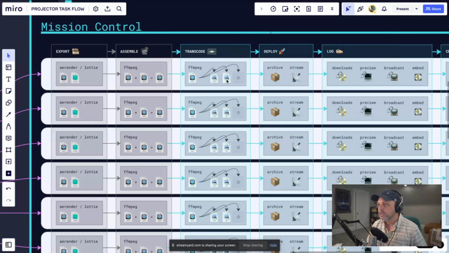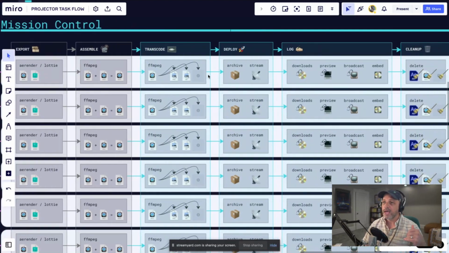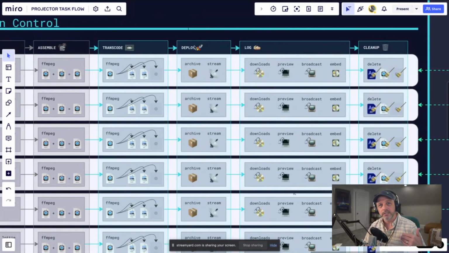video player. After the transcode happens, and by the way, FFmpeg is built into the app. We are using it to handle all of the transcode, extract and GIF conversion, all of that kind of stuff. So it's very robust, tried and tested, lots of options there. And we'll be continuing to build out the options in the user interface of Projector. After the transcode happens, then we get into the deploy stage.